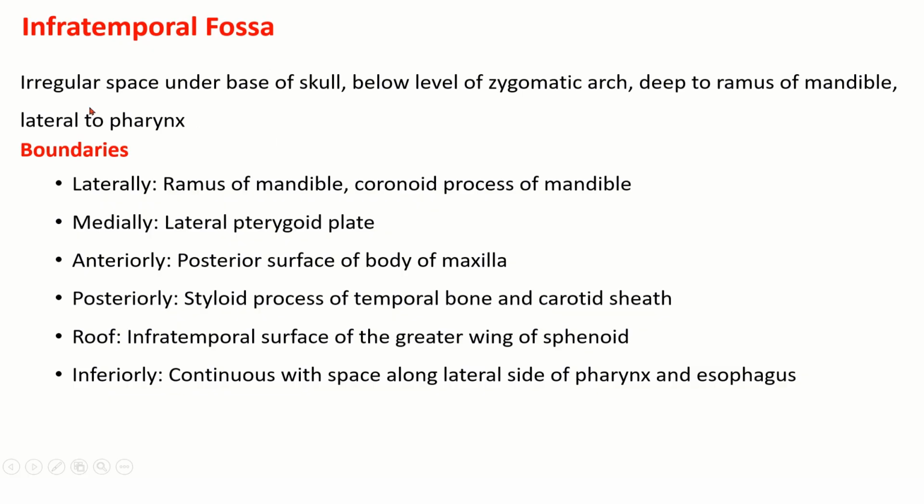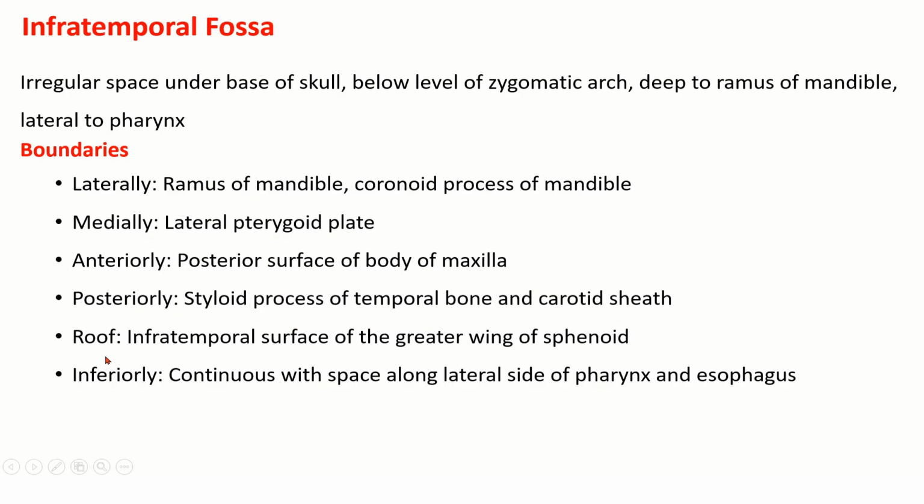Infratemporal fossa. It is an irregular space under the base of the skull, especially below the middle cranial fossa. So it is below the level of the zygomatic arch, deep to the ramus of the mandible and lateral to the pharynx. So, boundaries: laterally, the ramus of the mandible and coronoid process of the mandible. Medially, the lateral pterygoid plate. Anteriorly, the posterior surface of the body of the maxilla. Posteriorly, the styloid process of the temporal bone and the carotid sheath